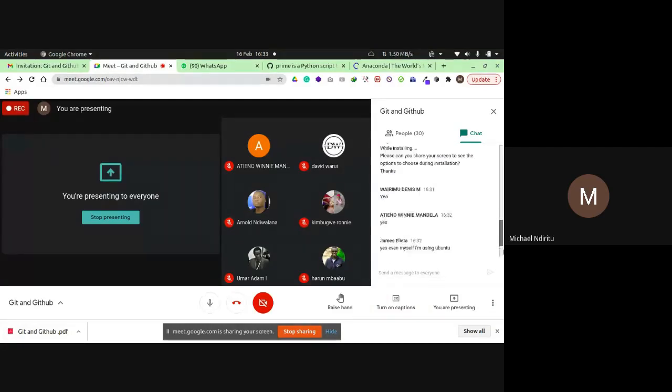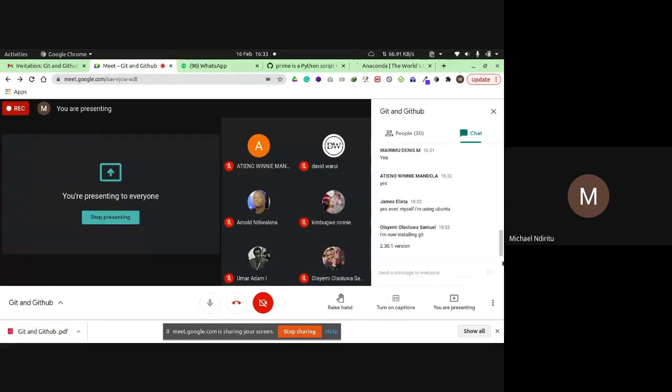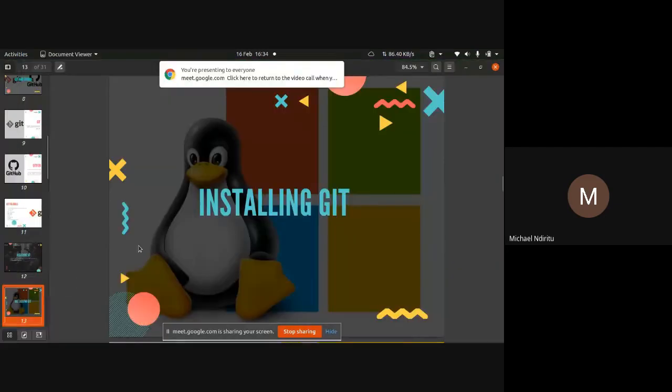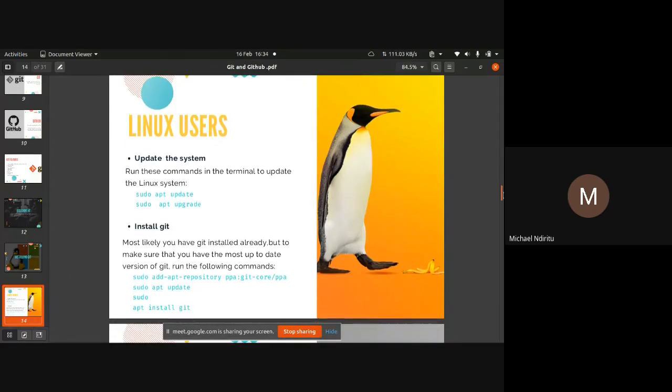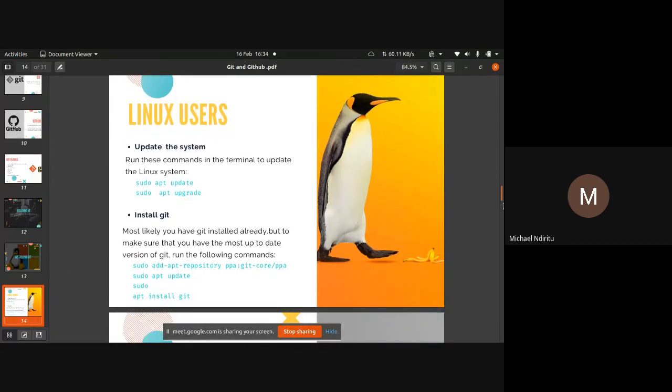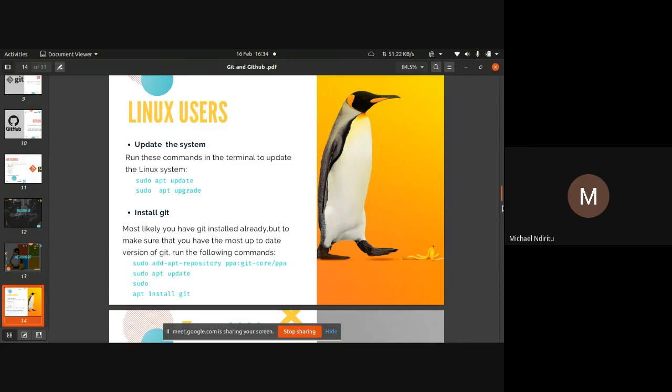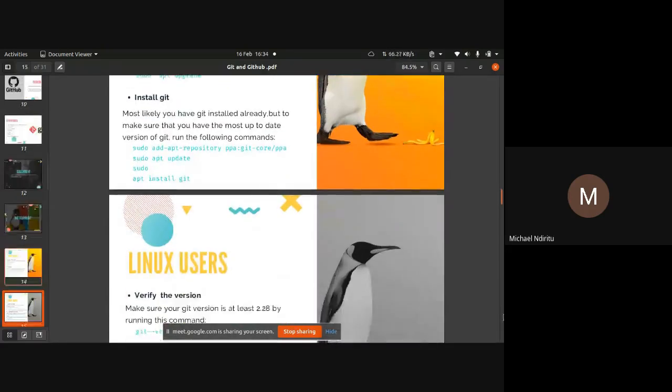Kindly, let nobody be left behind. So these are the steps for installing Git, but does everybody have access to this PDF? For Linux?